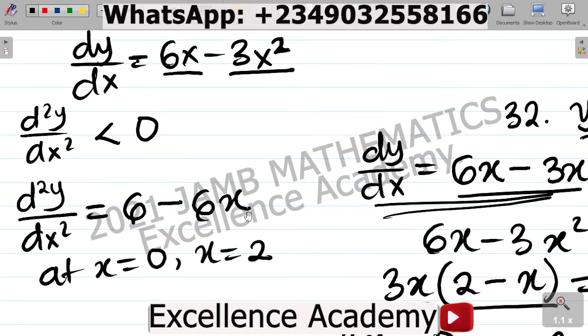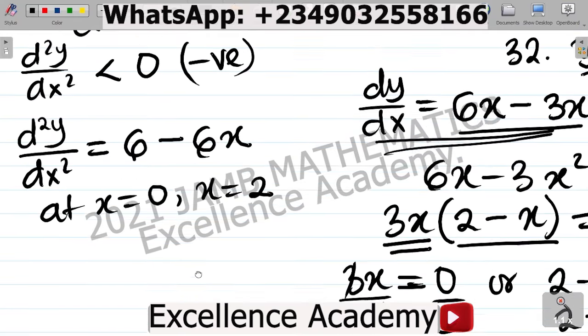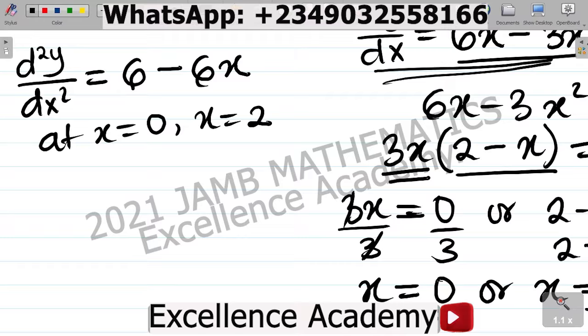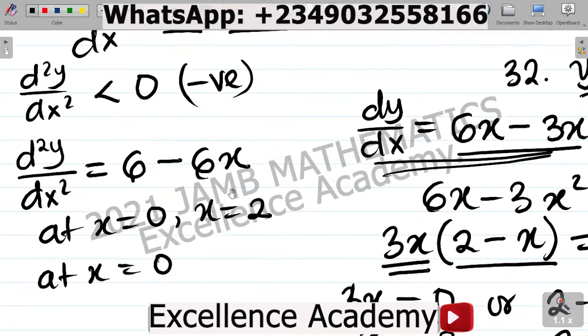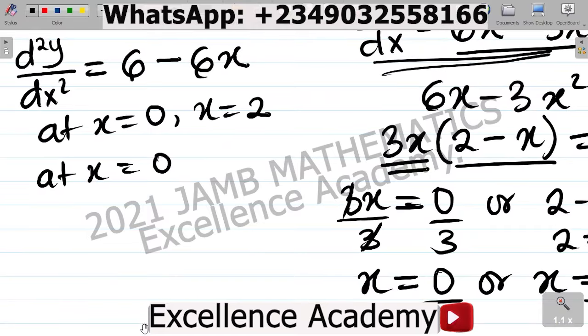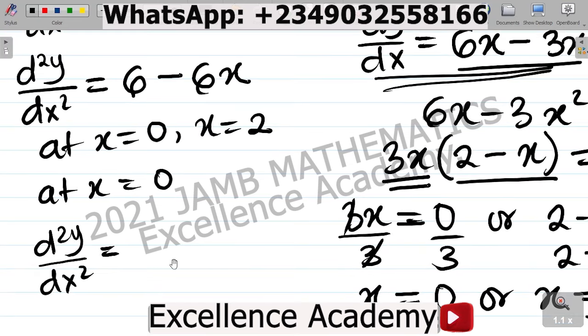And we said the condition for maximum is that d squared y over dx squared should be less than 0. And for a number to be less than 0, the number has to be negative. So let's see which of these gives us negative. Let's put x at 0. So at x equal to 0, put that into this function here. We'll have that d squared y over dx squared is equal to 6, this one here,